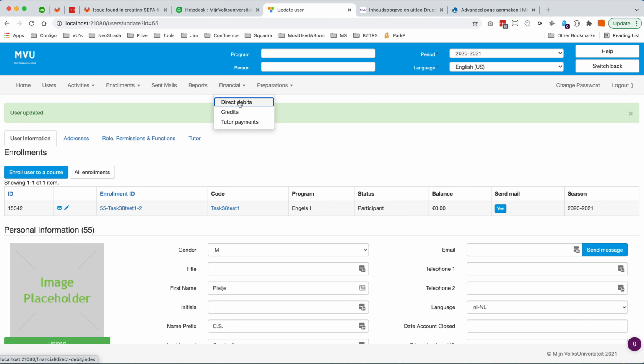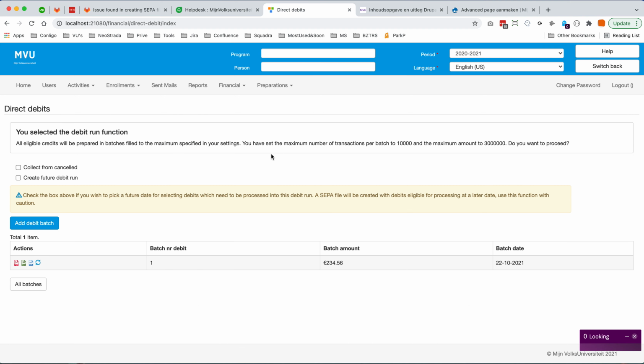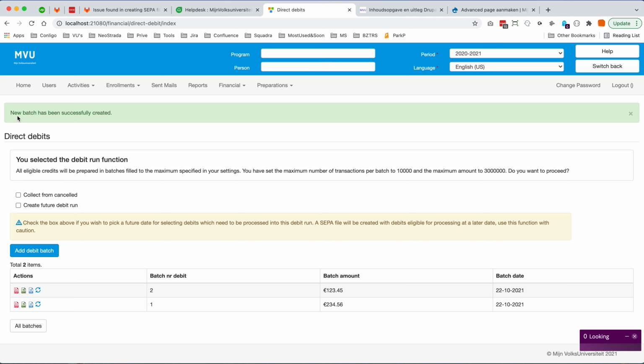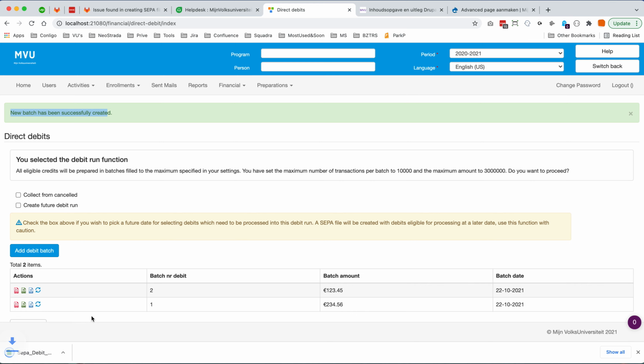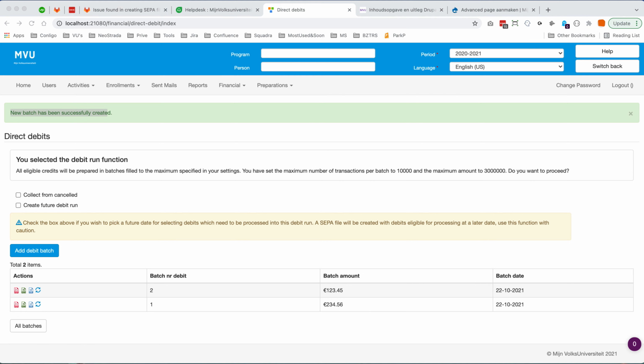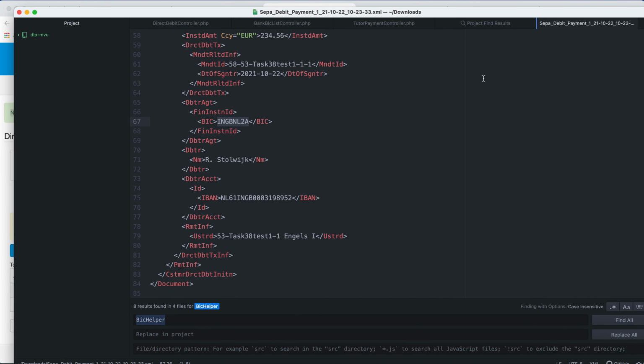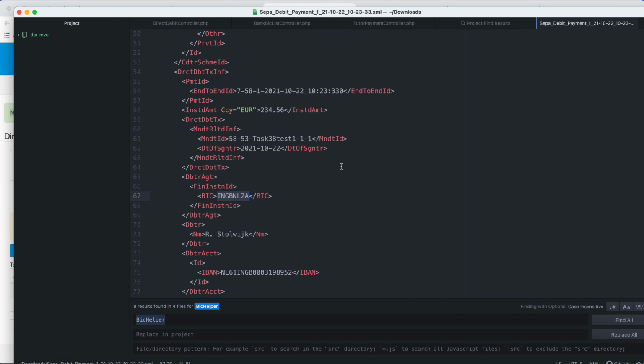So let's have a look at the direct debits. I already had one here, which was my test of earlier today, but let's create another one. And it says the new batch has been successfully created. And if you examine the output, the SEPA file itself, it opens here, this one, and